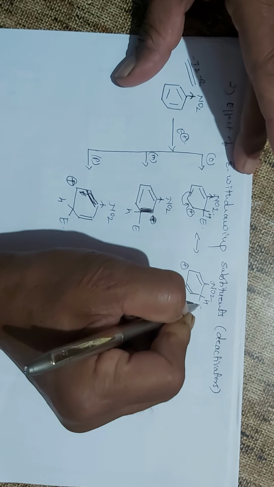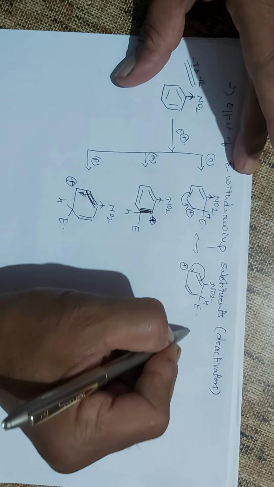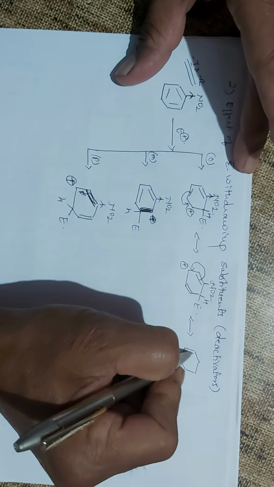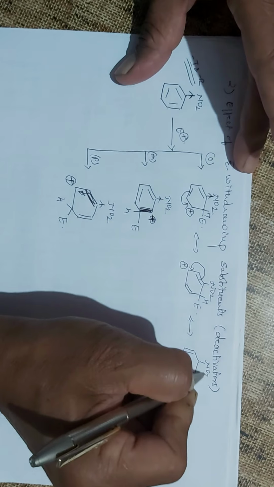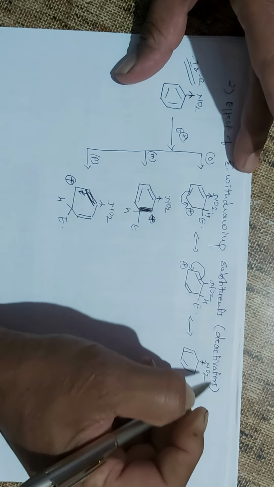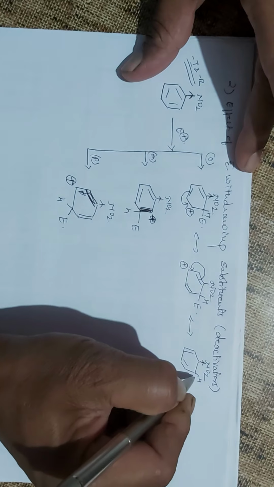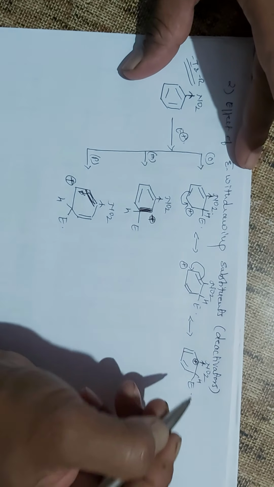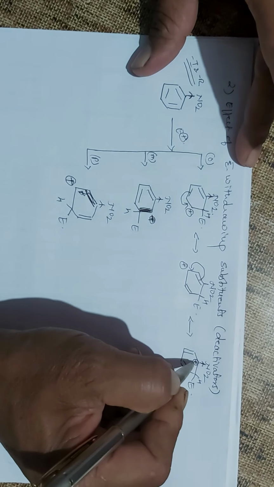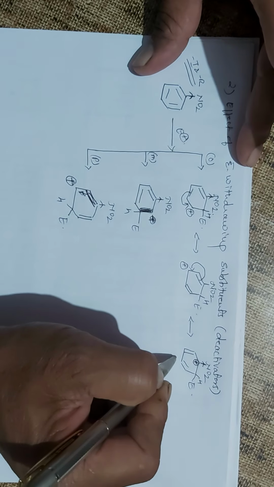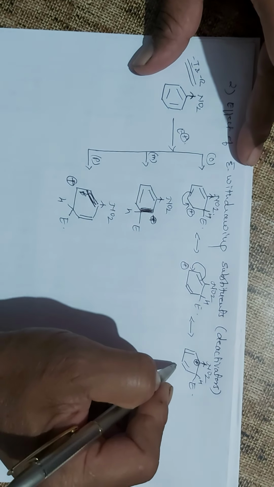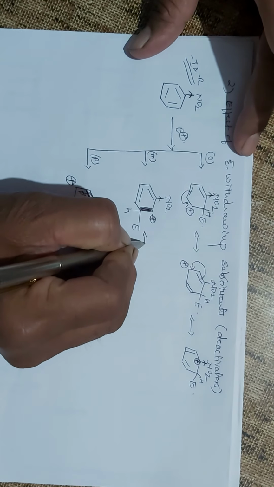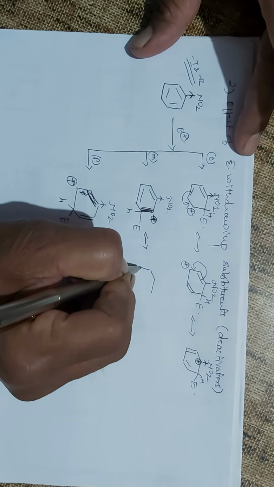Here this is H, this is the electrophile. Here again there is shifting of this pi electron to the adjacent carbon. Here you will get the situation in which the nitro group is present, and the positive charge goes to the carbon bearing the nitro group. It means that instead of donating the electron, the group is withdrawing the electron, and so this is the most destabilizing structure. So the substitution at the ortho position cannot take place easily, and so it gives majorly the meta substituted product.